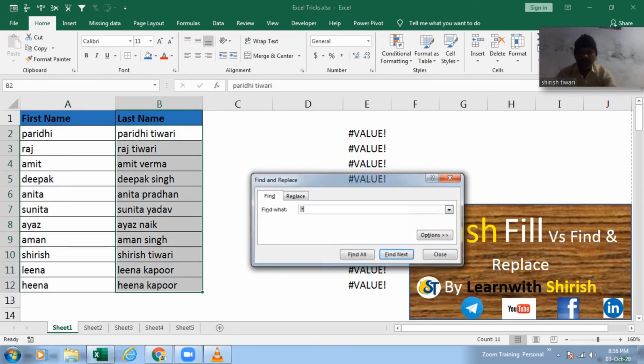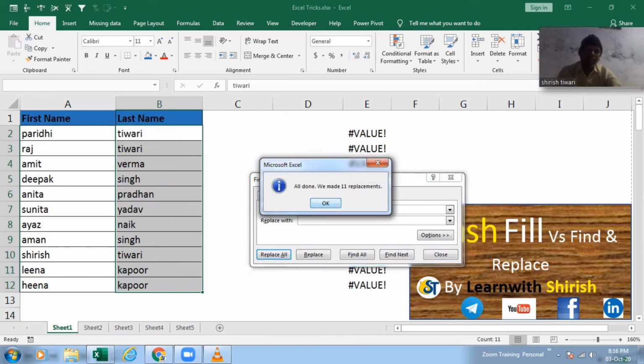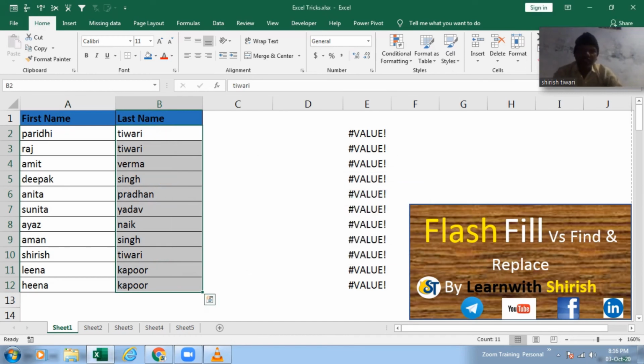Similarly, let me come back to this and again Find and Replace. Now a little trick, I am going to change it. Before, we used space and asterisk. Now use asterisk and then space and Replace All. Your job is done, guys. And this works with any version of the software, either 2003, 2007, 2013 or 2016 or maybe the upper versions.